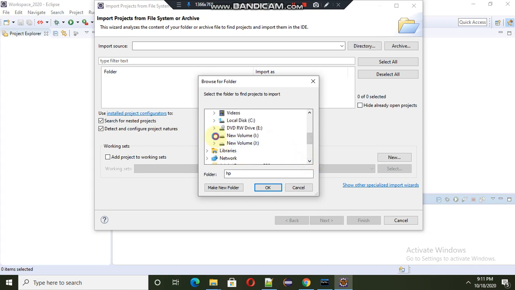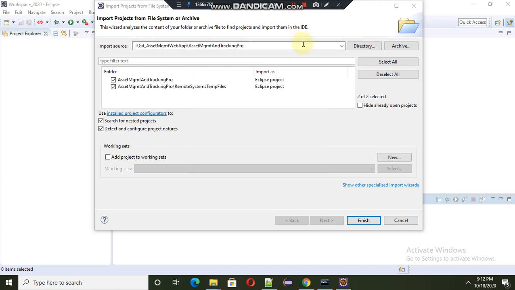I saved this project in this folder. So be sure to import the project from the folder where you saved the downloaded project.